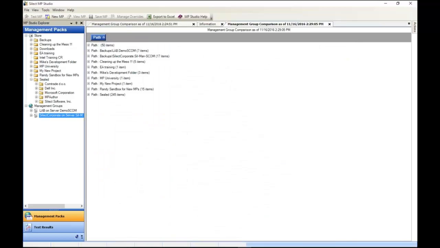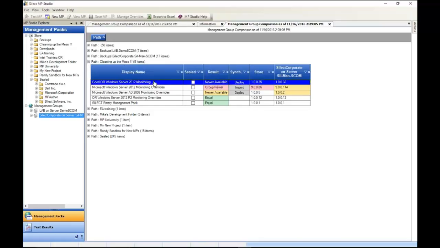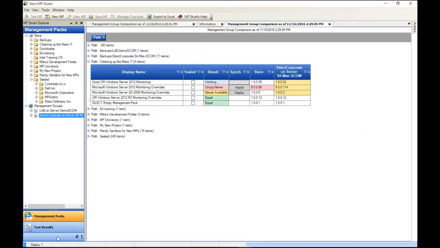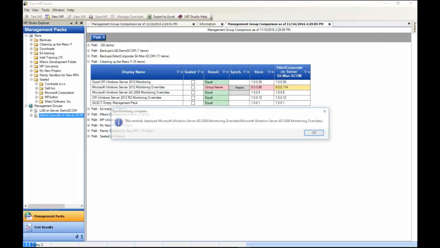So I could just group by path. Here's cleaning up the mess. Let's grab that good override MP. There's a newer one available. Let's get that puppy deployed. And we can see down in the bottom left-hand corner that it's being deployed. And that one's successful. Let's see if we can upgrade our Active Directory override MP. Hit deploy there. And that has been